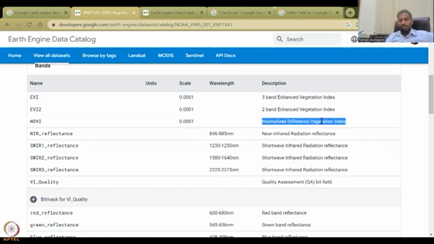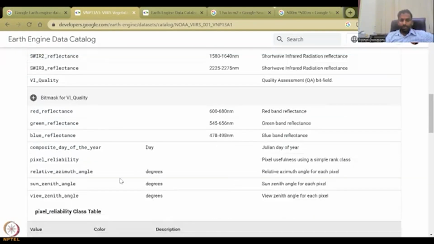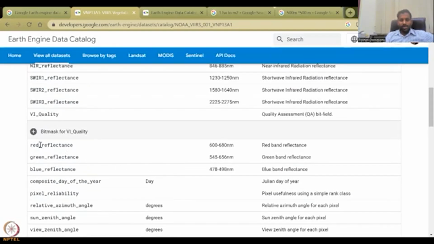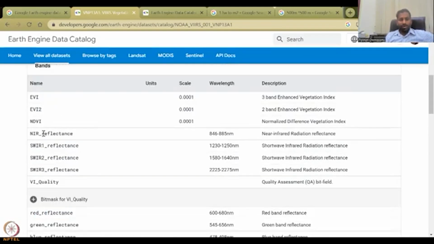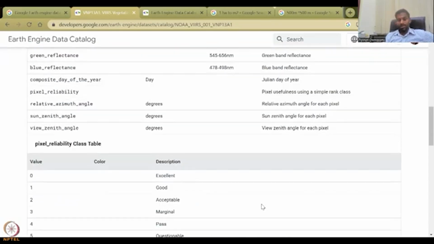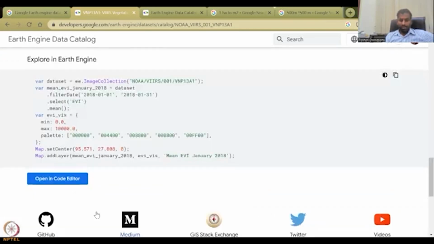So normalized vegetation index is what we want. This is the enhanced vegetation index. Let's not get into that because every time they create new indices, but we will keep the NDVI, which is well known. And then we have the band reflectance: green, blue, red. As we said, the red and near infrared. NIR minus red divided by NIR plus red is NDVI, which has been done already by the Google Earth Engine. So if you open the code,